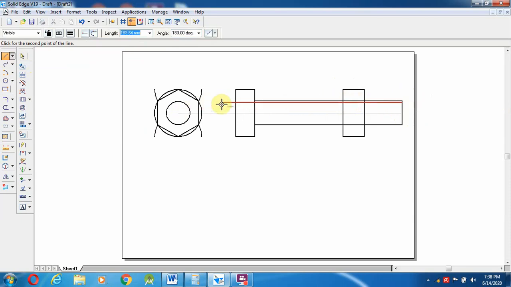straight line. So I am going to keep it over here, it will intersect those things, so I am going to keep it somewhere in the middle, and it won't come, so I am going to extend it. Okay, after this I am going to trim it. Select the trim option. So this is the thing I want to create over there.